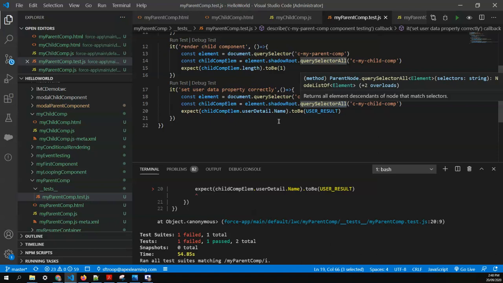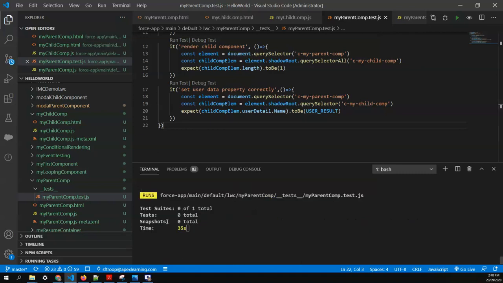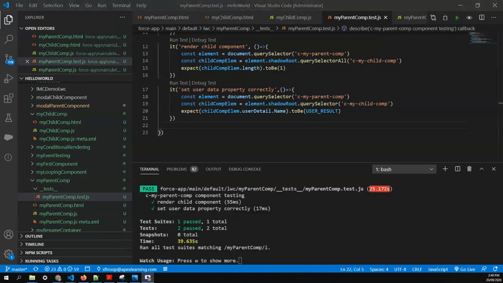If it is query selector all, I have to use array notation like component of 0 dot user, so I can remove it, query selector all, and save it. It will start running again. Now you can see it passes our set user data property correctly, so this is working fine.